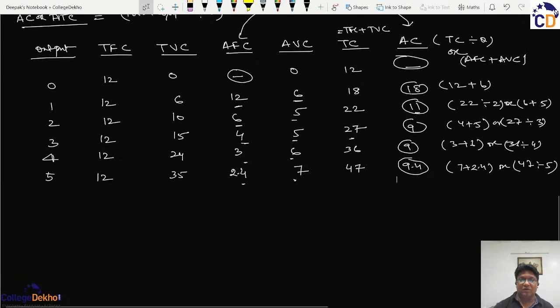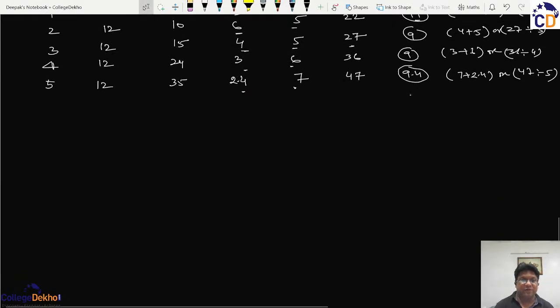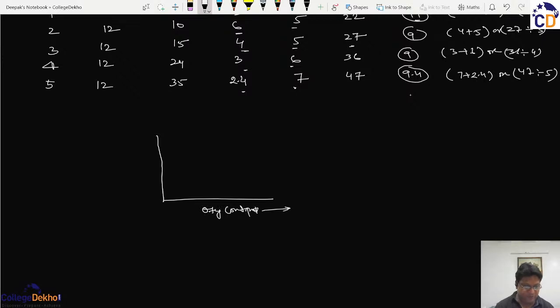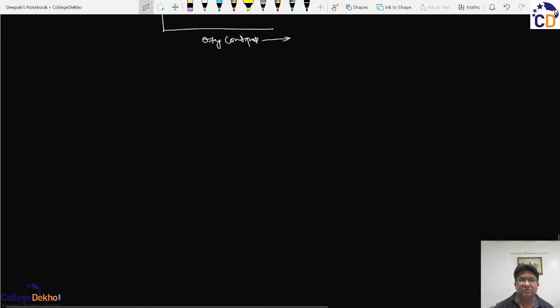So if we presume it this way, that the graph will now, कि यहाँ हम उसको अगर क्वांटिटी या आउटपुट लें और यहाँ एवरेज कॉस्ट लें, तो द ग्राफ जो पहले हाई था वो पहले लो पर आना शुरू हुआ और फिर वो वापस होना शुरू हो जाएगा. So we can see from here that if we merge all the graphs together,